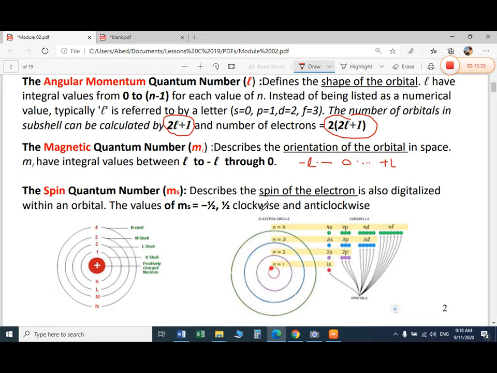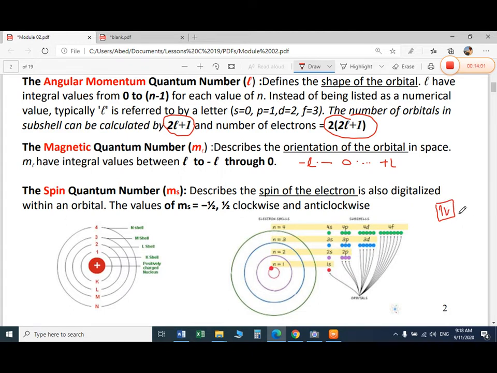Actually, the electron in the orbital not only rotates, it spins. When it spins, it becomes like a magnet. If it spins clockwise, then we say the value is +1/2, and when it spins anti-clockwise, we say the value is -1/2, and then we can represent this in a diagram like this. If you make one box, this represents an orbital. One electron will be clockwise, another electron will be anti-clockwise. And this is called a pair.